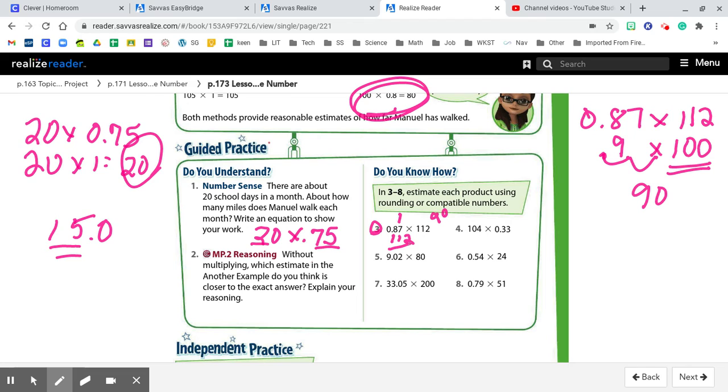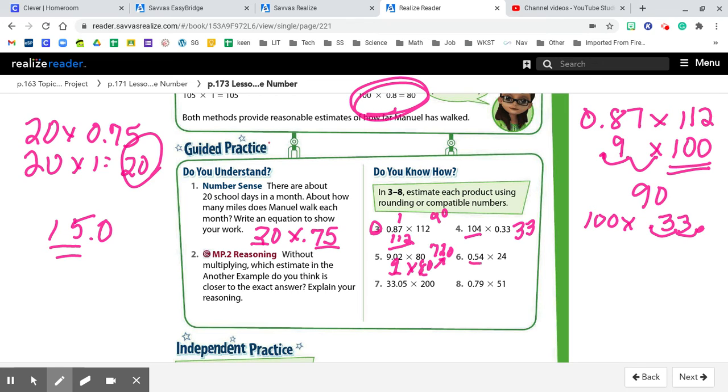For number 4, if I make the 104 100 and I multiply, I can use what I learned in the last lesson. So any number times 100 is going to move my decimal 2 places. So I would wind up with 33. And number 5, I could make the 9 a whole number, 9 times 80, solve a simpler problem. 9 times 8 is 72, and annex my 0 there, 720. For the next one,